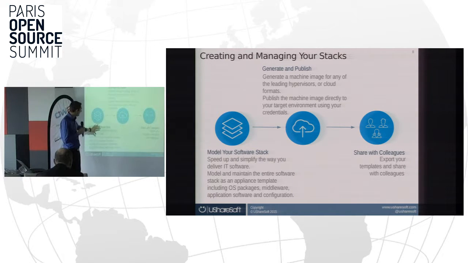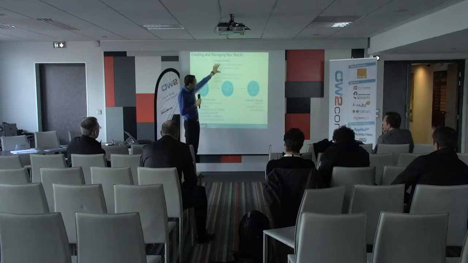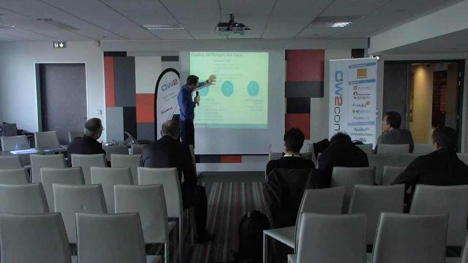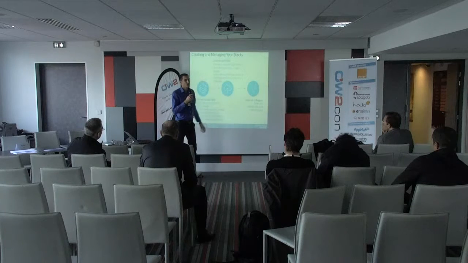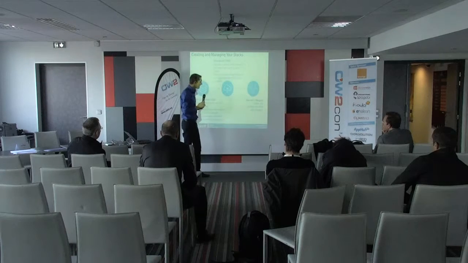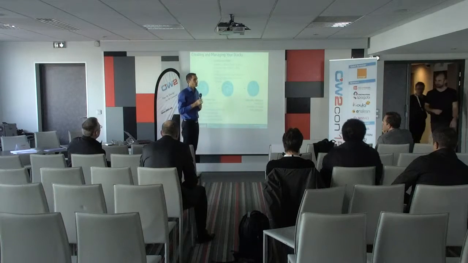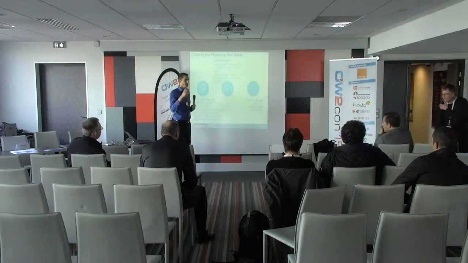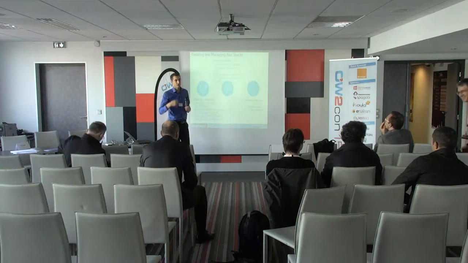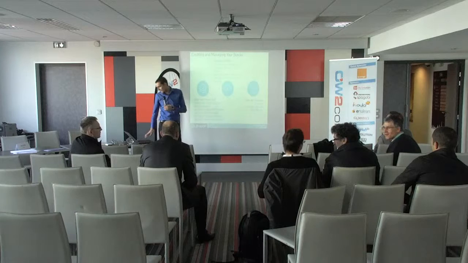For example, if I have modelized an Ubuntu with a WordPress inside, and I have generated it in KVM format, now I want to publish it into OpenStack, for example. This is what we call publication. At the end, maybe you want to share your appliance with your colleagues, with your team in your company. The JSON file can be shared thanks to GitHub, because it is a file, so we can version it. This is what we call share.